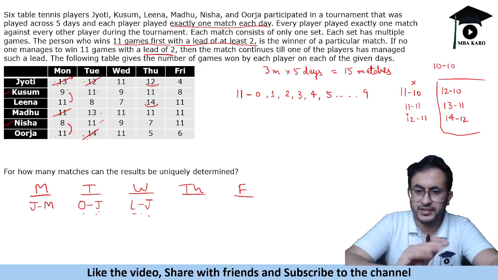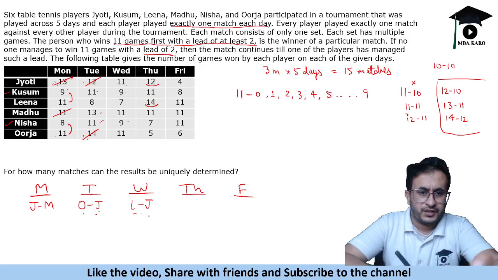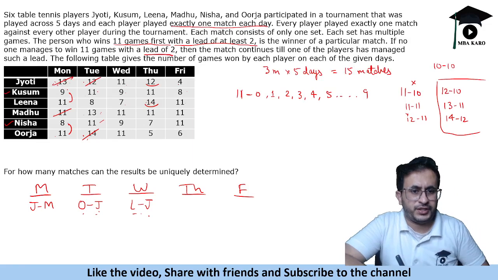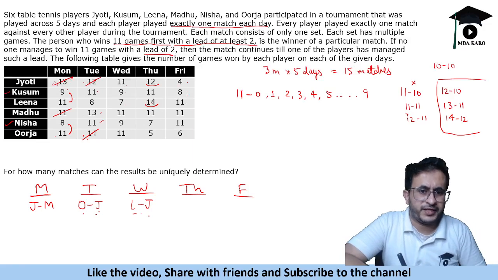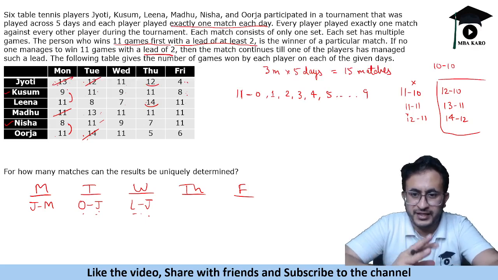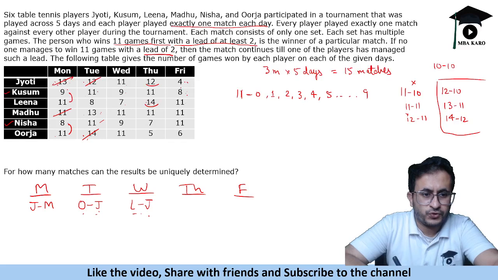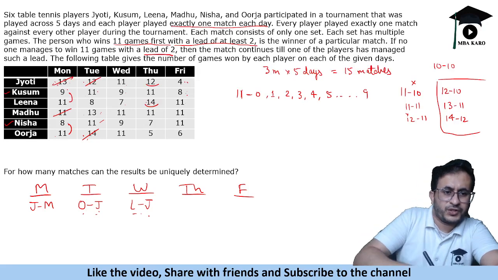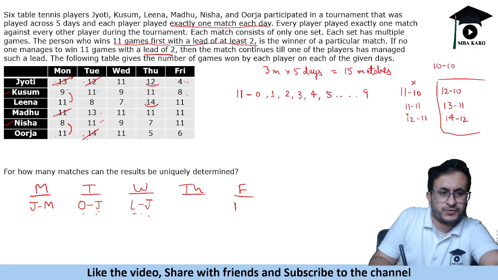Okay. Kusum and Nisha, the matches are remaining. Now if you see, Jyoti cannot play against Kusum on Friday, because 8 versus 4 is not a possible match. You have to make a score of 11 to win the match. So Jyoti versus Kusum cannot happen on Friday. So it has to be Jyoti versus Nisha. So Nisha wins against Jyoti, and